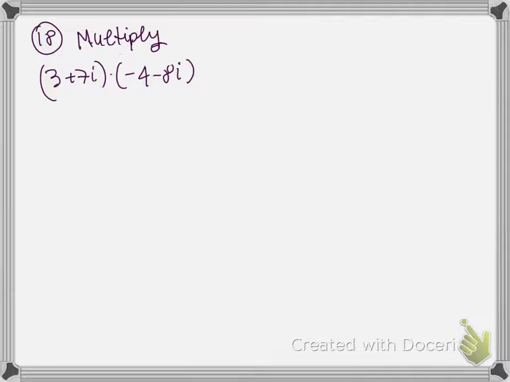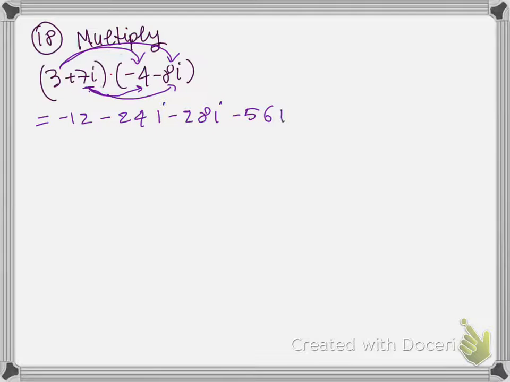We're multiplying two complex numbers, so we're going to distribute this similar to what we've done before. So we're going to have 3 times negative 4, which is negative 12, and distribute 3 into negative 8i, which is negative 24i, and then positive 7i times negative 4 is negative 28i, and 7i times negative 8i is negative 56i squared,